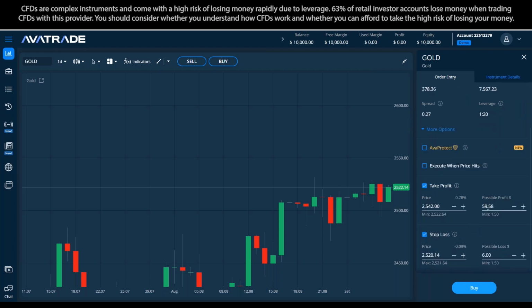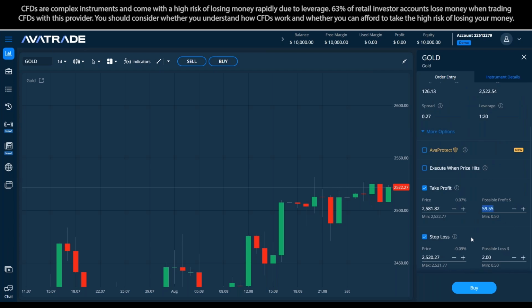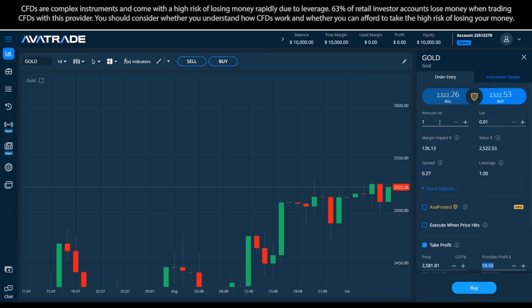And then if it moves $20, I can make 60, right? We have 3 ounces. Let's make it 1 just to make it even easier than before. You see, without the leverage, I could take 4 positions like this, 3.5, right? And then I can make $60. Thanks to the leverage,